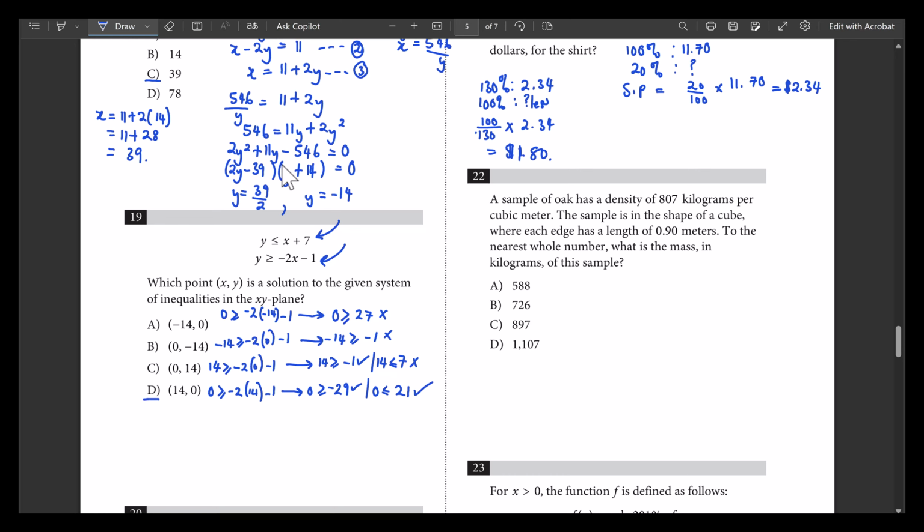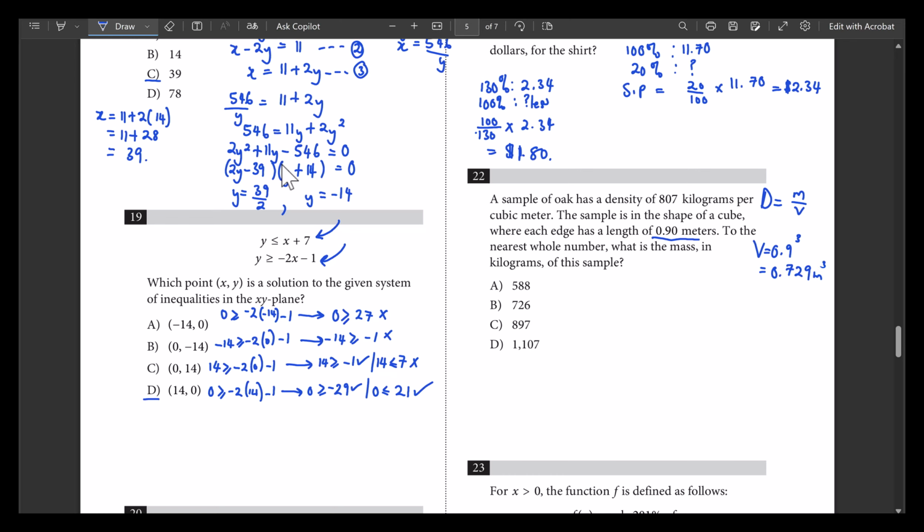Number 22, a sample of oak has a density of 807 kgs per cubic meter. The sample is in the shape of a cube where each edge has a length of 0.9 meters to the nearest whole number. What is the mass in kilograms of this sample? Density is equal to mass over volume. Volume is equal to a cube, and we have been told that each edge has a length of 0.9 meters. Hence, to get the volume, we're going to say 0.9 cubed, and we get 0.729